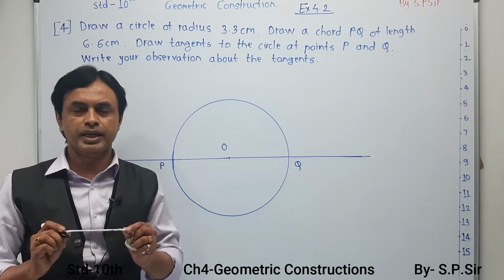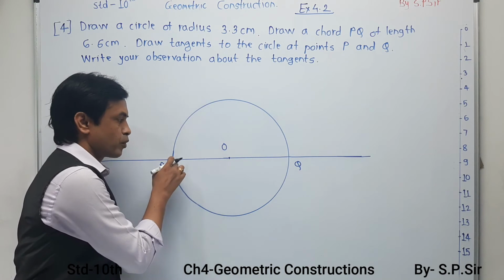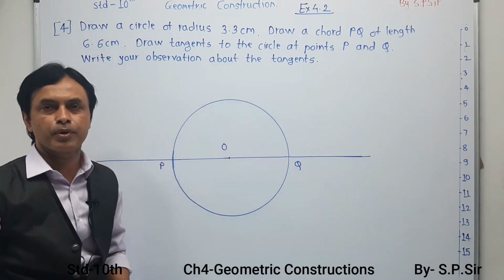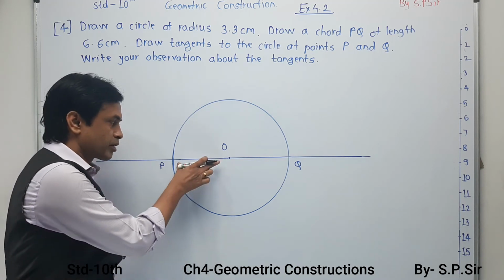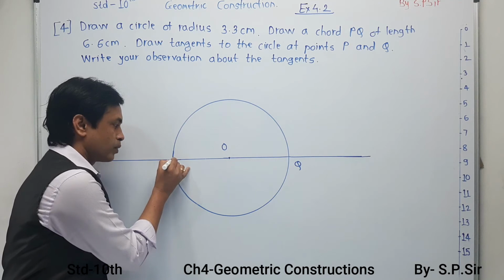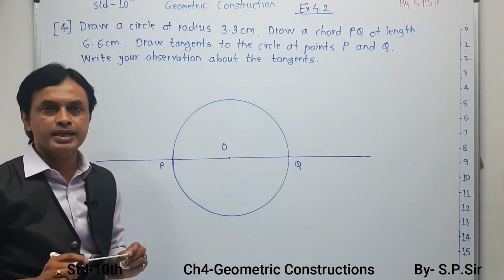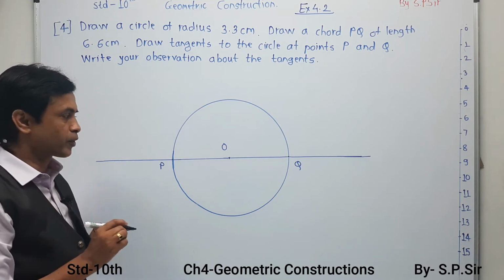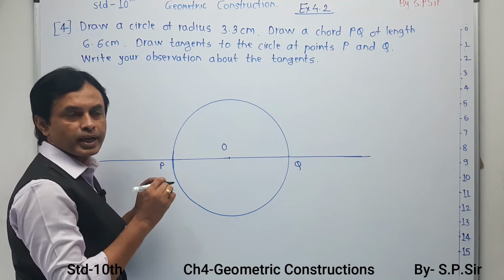Now again you have to take a compass, pointed head and pencil head. Now remember the radius of OP as well as OQ is 3.3 centimeter. So take a lesser distance than that so that you can get one marking from inside and second marking from outside. And now point P as well as point Q will act as your standard center for marking. So taking from the first condition, I have taken a lesser distance. You can take 2.5 or like that.